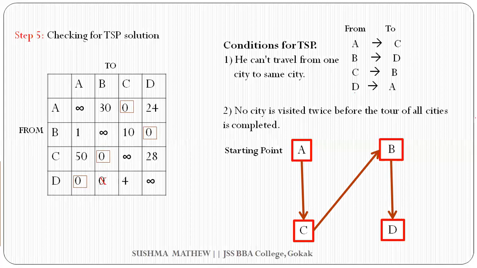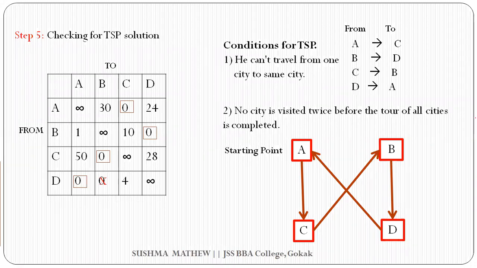Now actually A, B, C, D, with A as the starting point, and D as the last city he has to cover, he has n number of options available. So as per our assignment rule, the minimum shortest route is A to C, C to B, B to D, and he has to come back to the original point covering all the cities. So that condition is also satisfied. A to C he has covered, C to B he has gone, B to D, and then D to A. Clear?